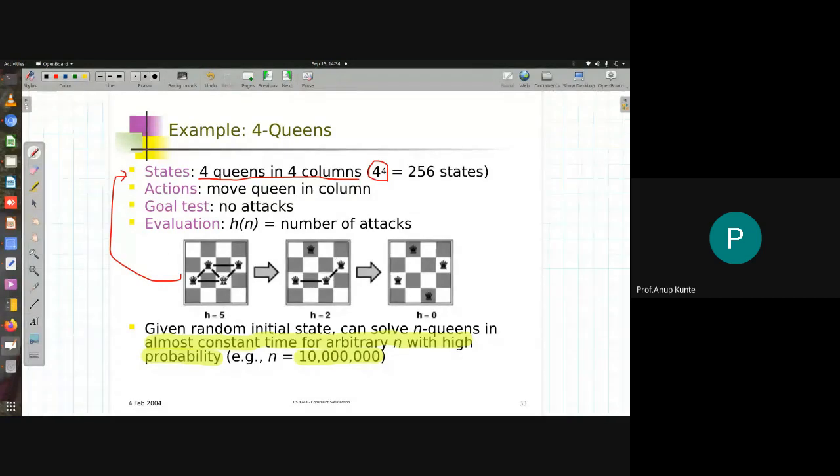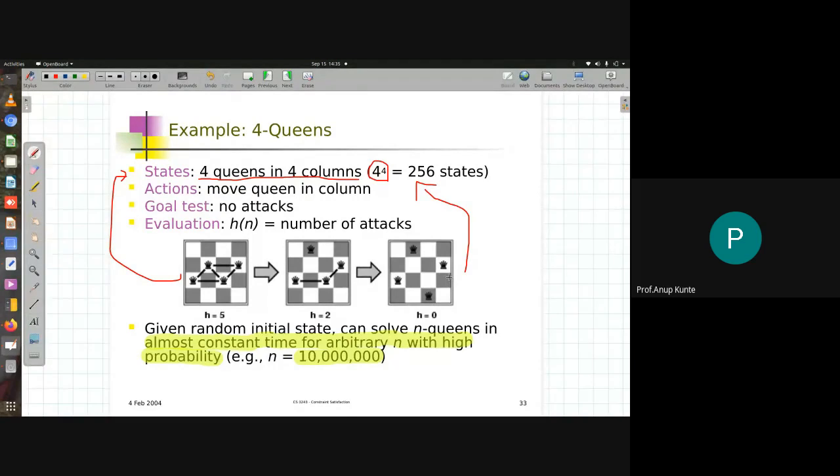If I count the number of pairs of queens that are attacking each other, here I will find that there are 5 pairs attacking each other. Here the count is 2, and here again I have a valid state, 4 queens in 4 different columns. So you see a theme here. When I see these arrows, I start from a place where there is some number of attacking pairs of queens placed on the board, and that number is gradually reducing, and ultimately reaching 0. So I do have some way to go about using state space search here.